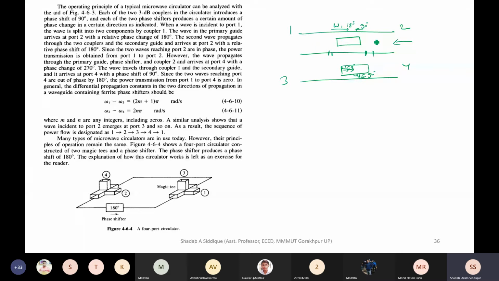Okay, so we are having input from port 2. It is coming to the directional coupler. It will give you 90 degree phase shift. I'll take another pen and try to understand. Okay, so we are talking about this one. The wave which is coming with 90 degree phase shift comes this way. So 90 plus this 90, this is in the backward direction, so 90 plus 90 will give you 180 degree.